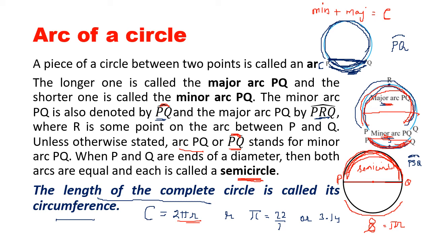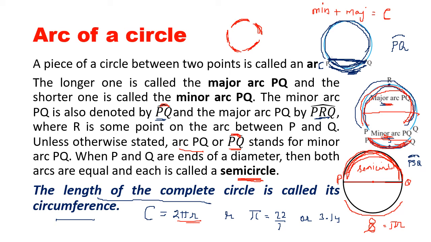So what is the arc again? When the circle is broken down into different parts, each smaller part is called an arc. We are going to do sums regarding this, but remember the definition. When a bangle breaks down, every part of the bangle is called an arc. Why is it called an arc?